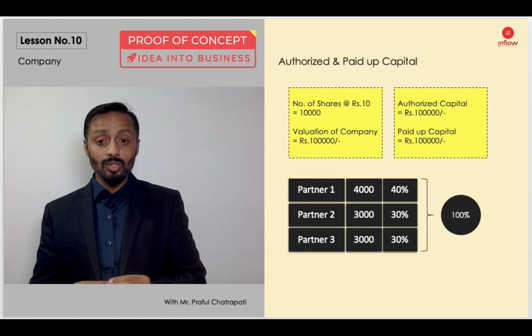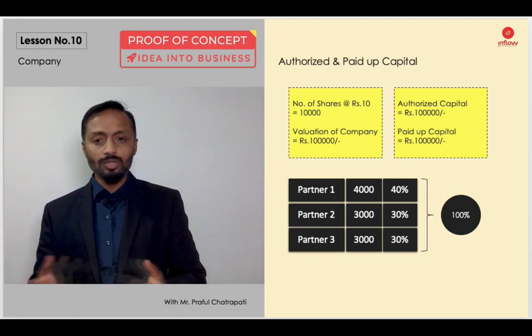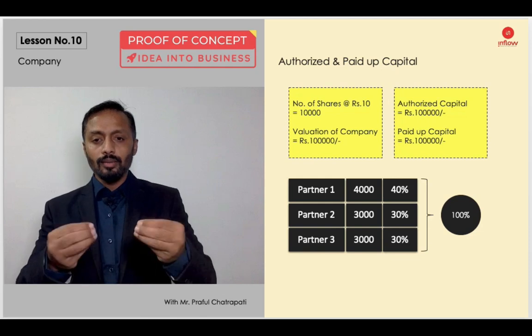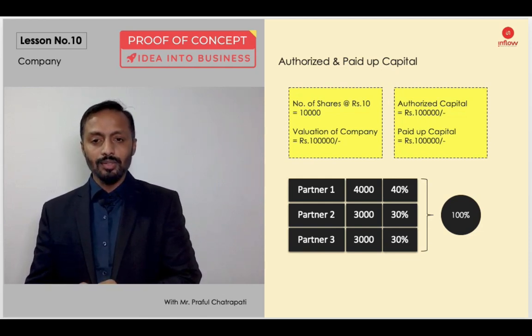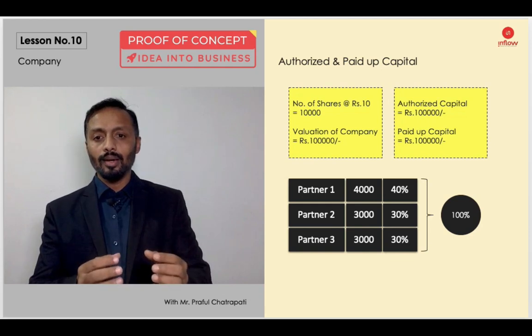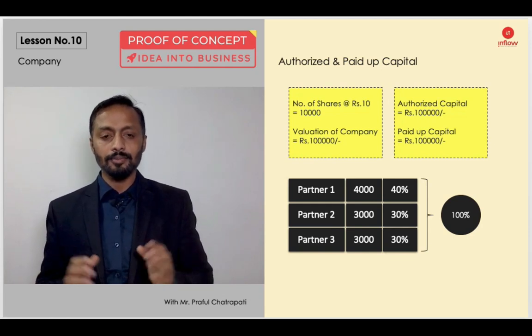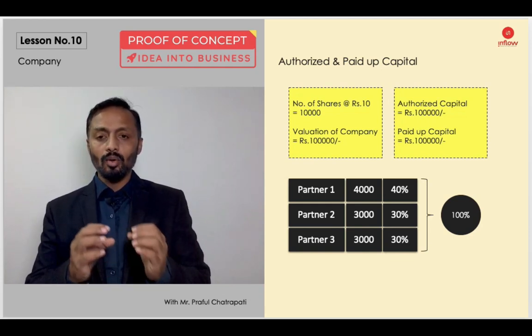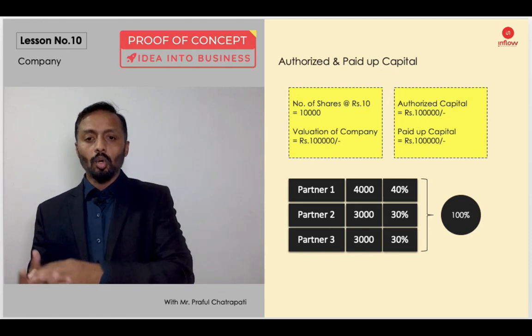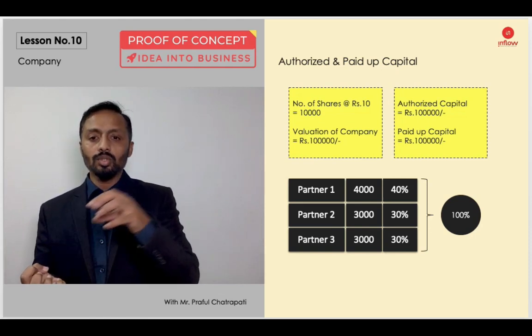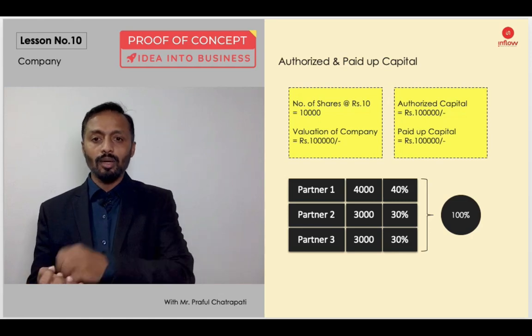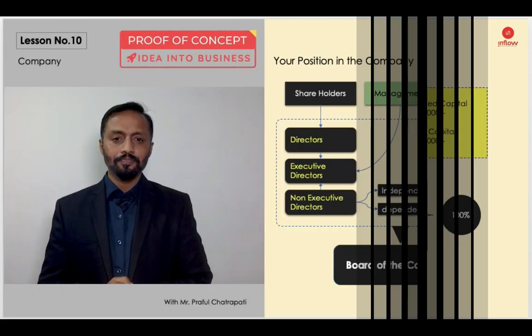and at the early stages, at the initial stage, 10 rupees is the maximum fair value, because there is no business in the company, so you cannot increase it and you cannot take a premium. Now here, since you have 10,000 shares, you can bring a maximum of 1 lakh rupees into the company, not more than that. Your paid up capital cannot be more than your authorized capital. So authorized capital is more like your virtual pool of shares, and once you buy those shares against the money, that converts into paid up capital.